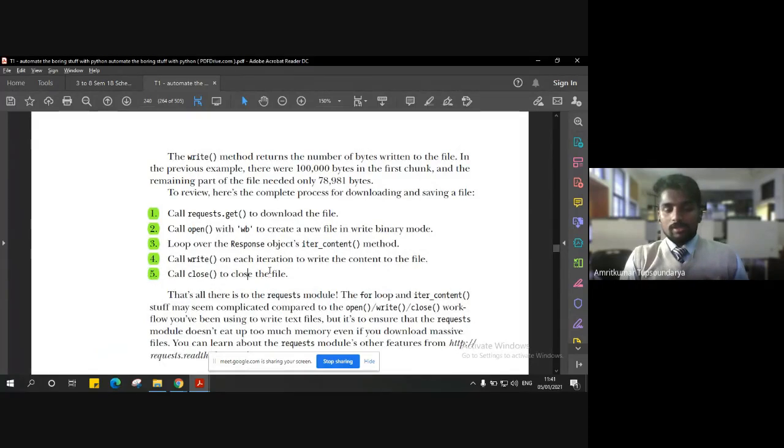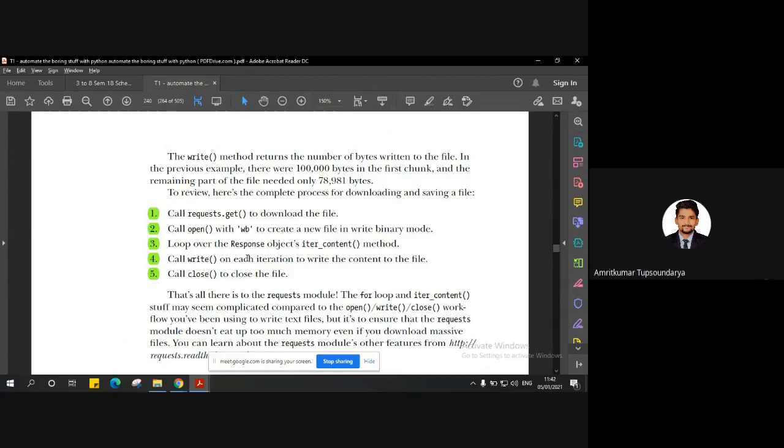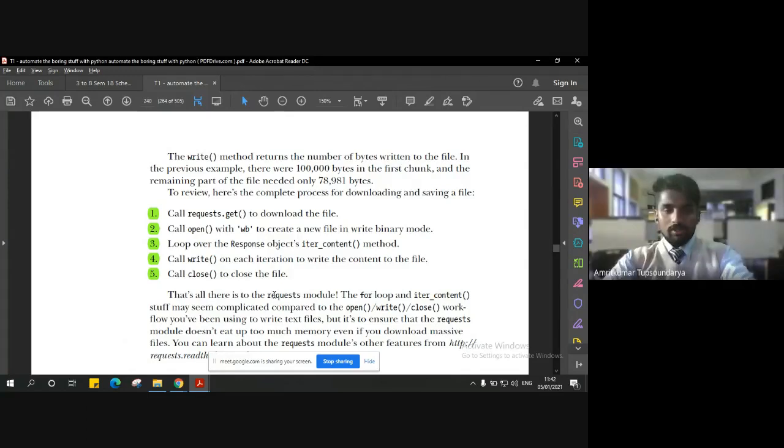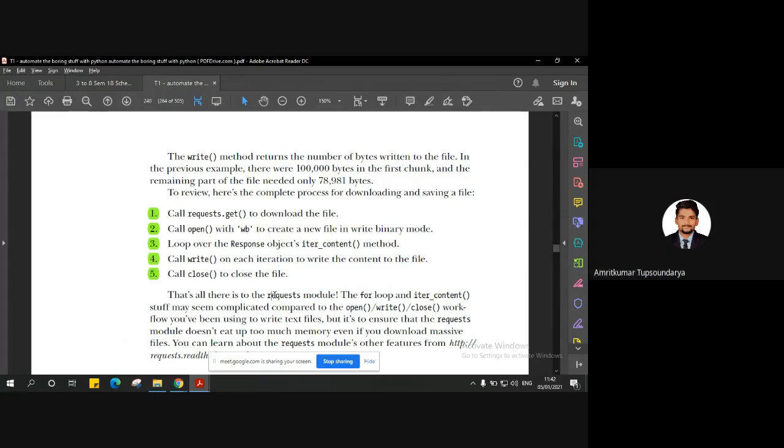Of course, the new file which you have created will be at a location on your hard drive. There are other ways to do it. You can save these downloaded files to Google Drive or some cloud storage. But right now we are only focusing on how to save the downloaded files into the hard drive, which is basically our local drives.